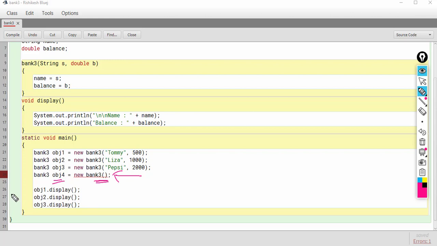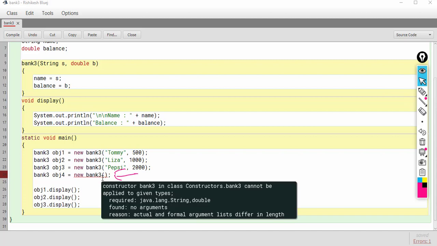Why? Because as soon as the programmer inserts a constructor, that may be parameterized or not parameterized, okay, in this case I've inserted a parameterized constructor, so the compiler will not add a default constructor, and hence you are getting this error here. The error is: constructor bank3 in class bank3 cannot be applied to given types. Why can it not be applied?